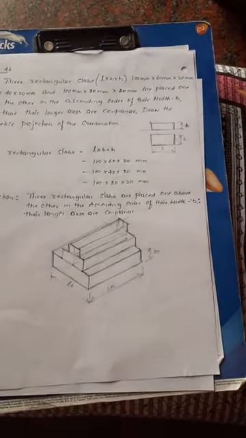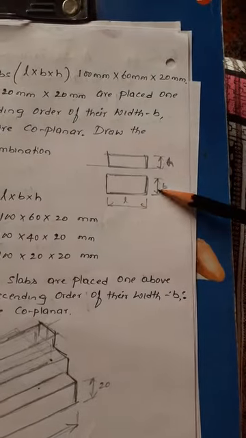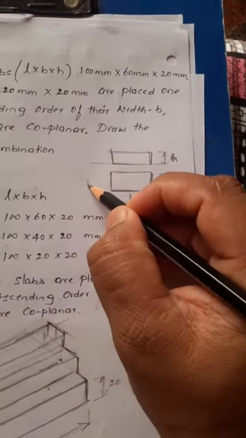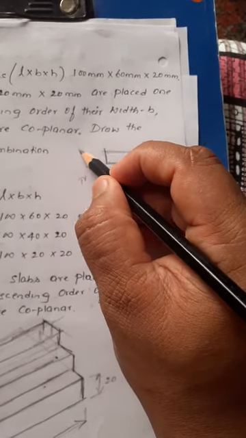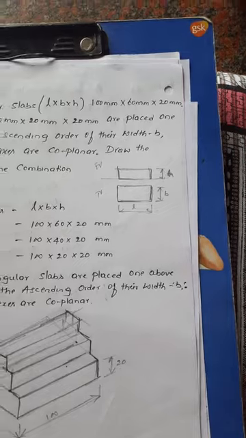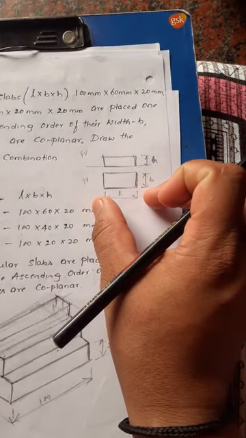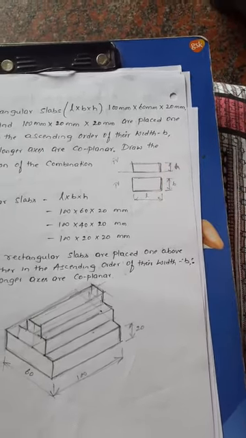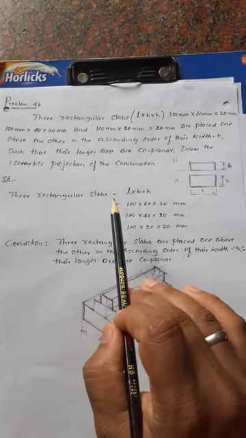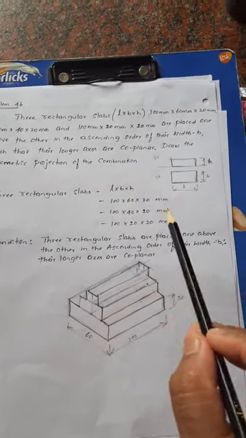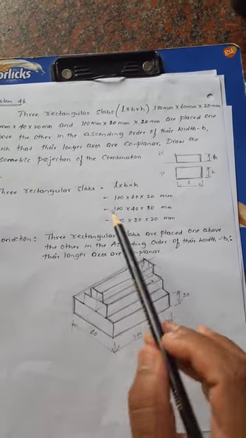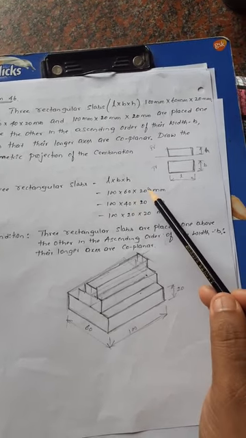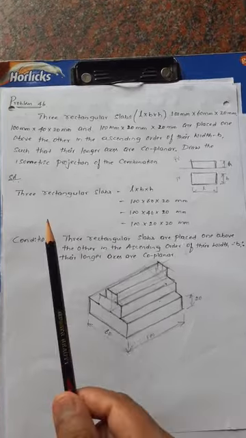Now, as you know, if you consider a rectangular slab, it has length, breadth and thickness. The length will come in a horizontal line in the top view, that is the horizontal plane, and in the vertical plane, the front view. In the top view, this is the length, this is the breadth, and in the front view you can see the thickness: length into breadth into thickness. Three rectangular slabs are given, with length, breadth and thickness dimensions. The length remains the same, only the breadth changes, 60 to 40, 40 to 20, and the thickness also remains the same. Now what is the condition given?